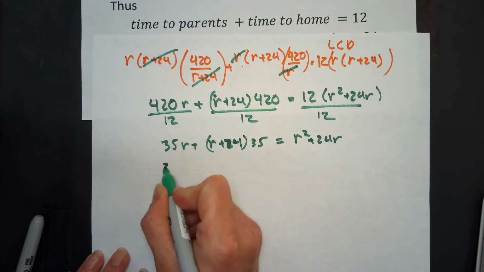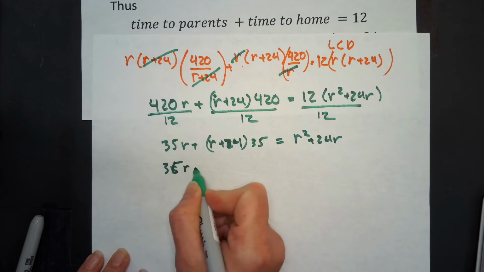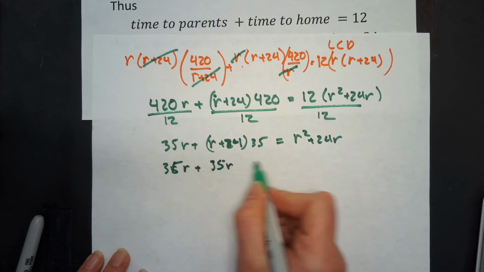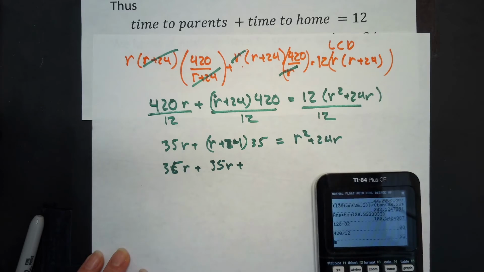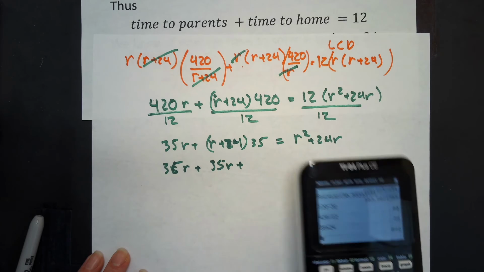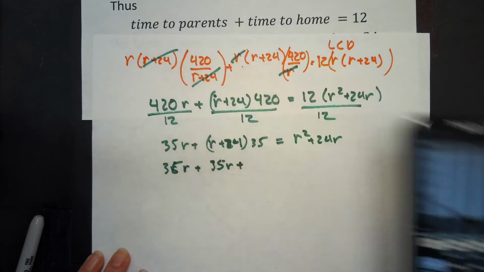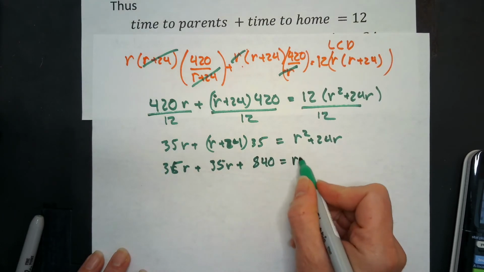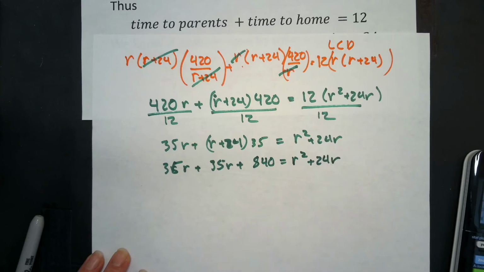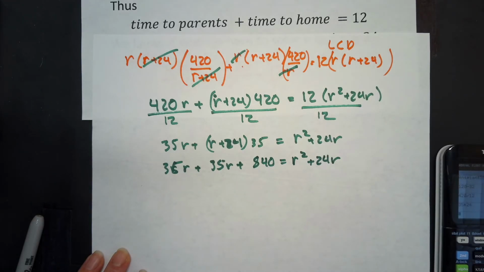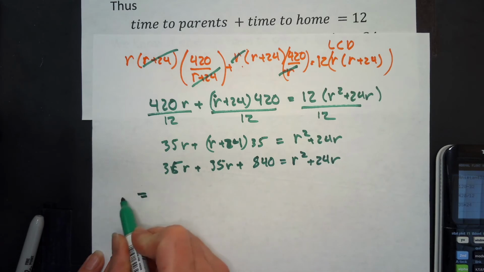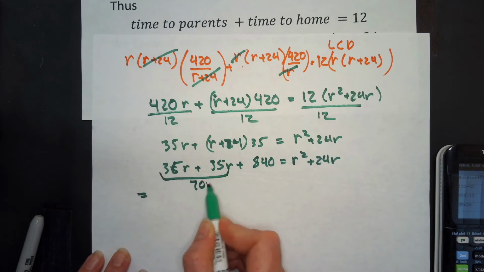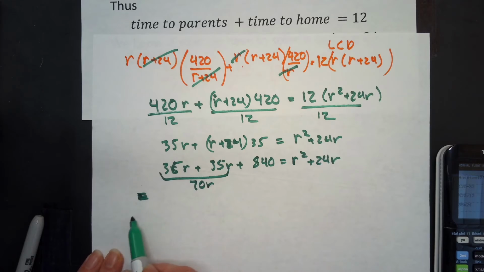So I'm going to have 35R plus 35R plus 35 times 24 is going to be a large number. $840. R squared plus 24R. And so now move that all to one side. So this becomes 70R. So I'm going to move that all to one side, and this becomes 0 equals R